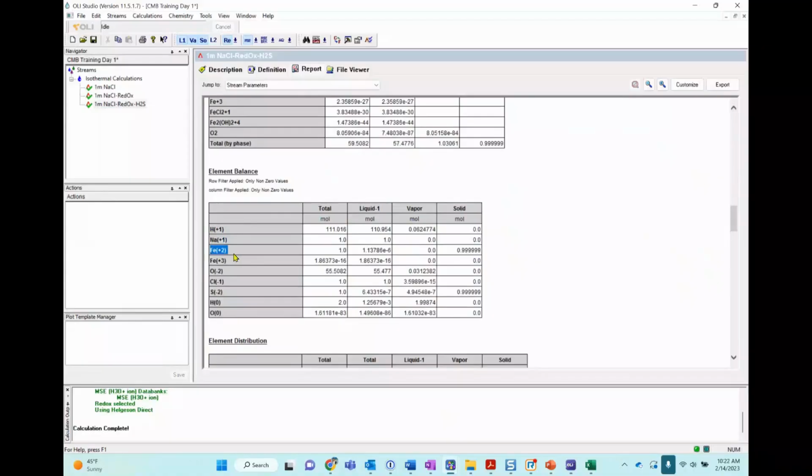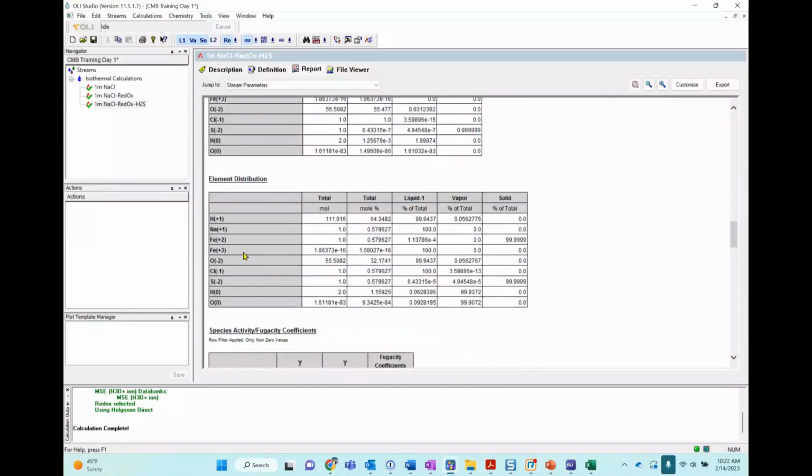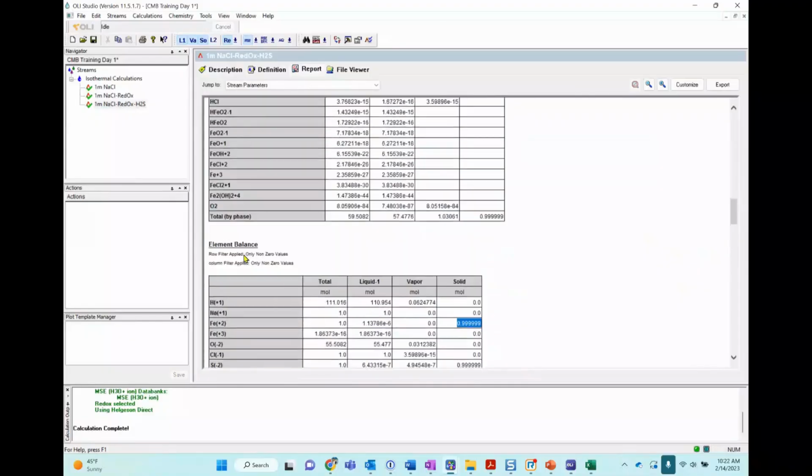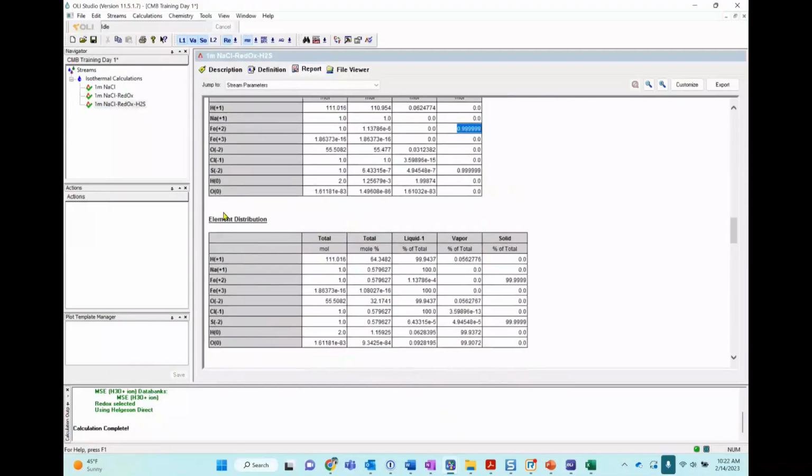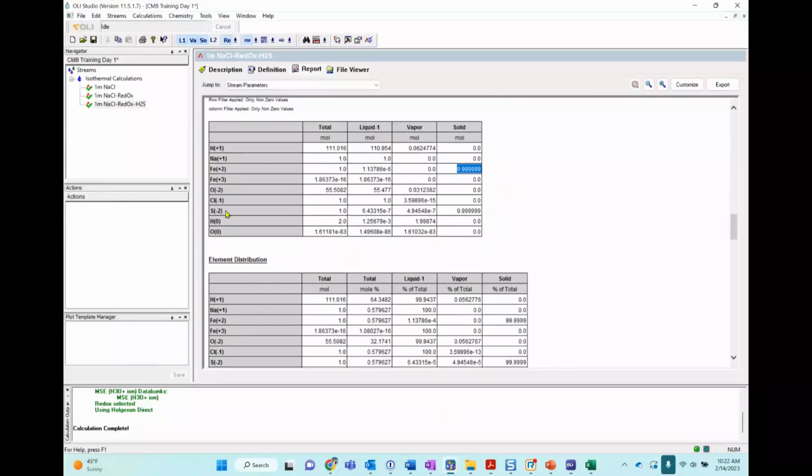And the most, if not all, of the iron +2 went into pyrrhotite. Iron +2. Okay? So notice that the sulfur, like I was saying before, has only one oxidation state of -2.